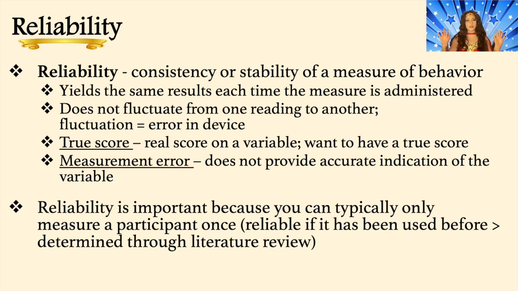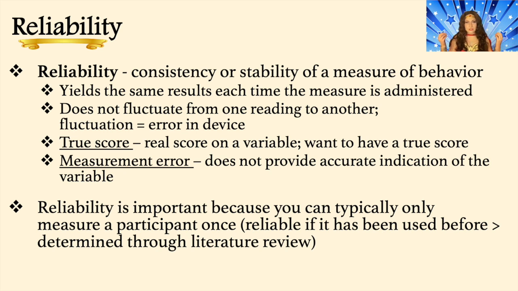You've gone through this entire process. Now you're ready to start your experiment, and you want to make sure that you get every possible bit of data that you can. So you want to make sure that you're using a measurement that is reliable. You don't want to collect data from 50 different participants and then realize that you're using a faulty tool,